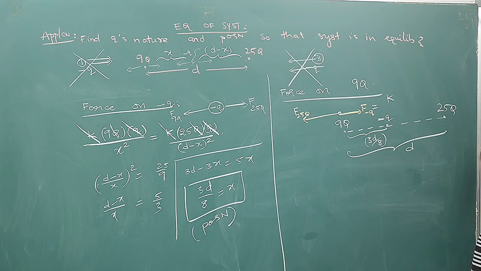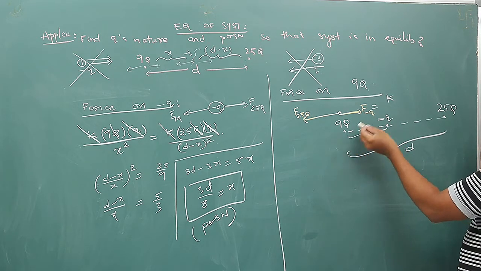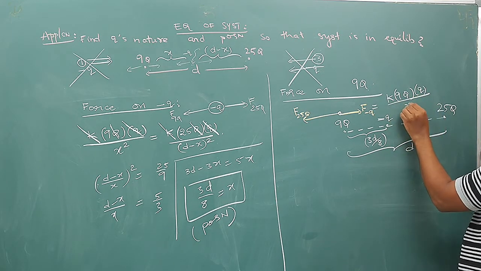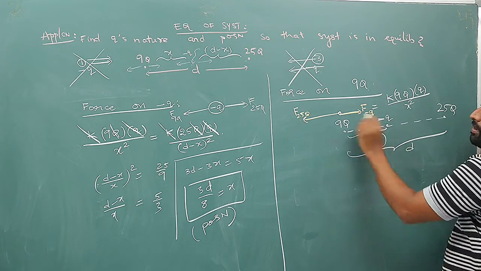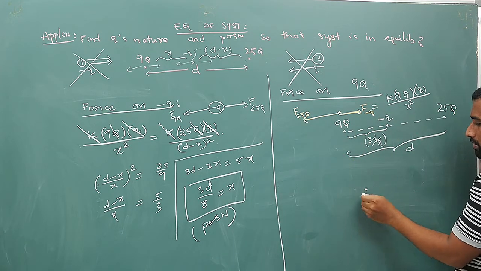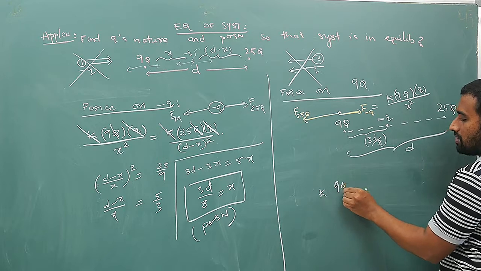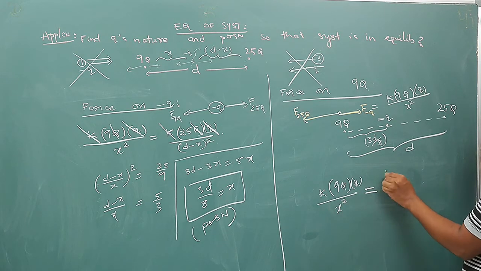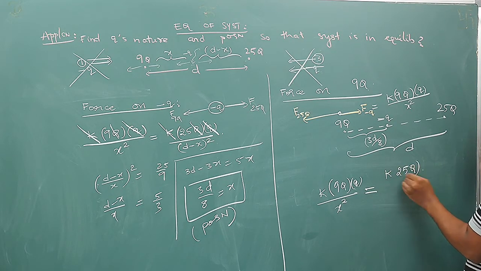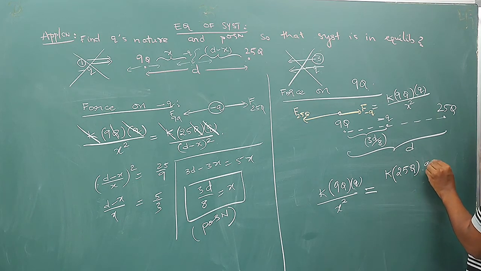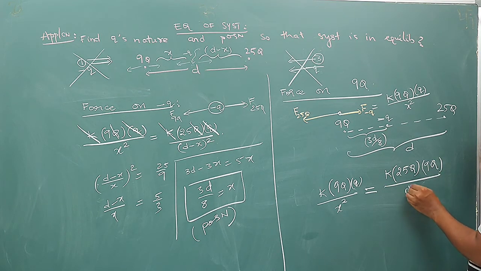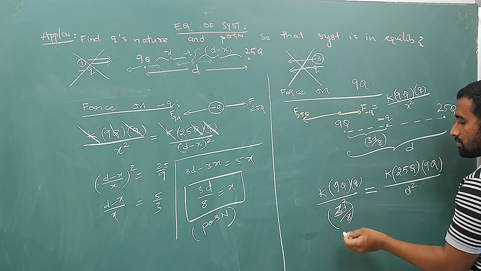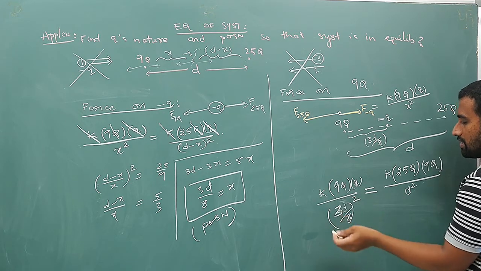So the force because of the minus q charge is k into 9q into q by, you don't need to keep the sign, x square, that is 3d by 8 whole square. Because of 25q it is that much, so indirectly k into 9q into q whole divided by x square is towards the left, and that must be equal to k into 25q into 9q by, between 25q and 9q the distance is d square. So this x is given as 3d by 8 whole square. So your x is 3d by 8.